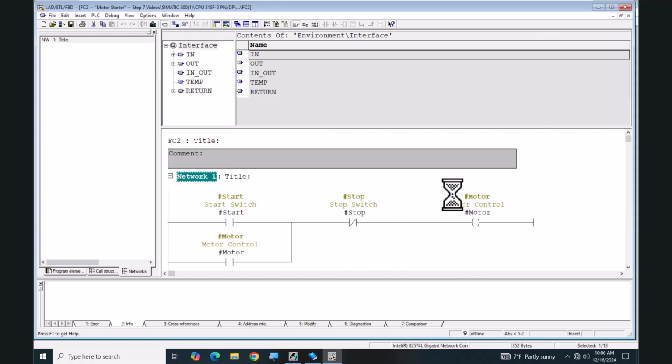Just like in FB, the FC has an interface area where you can define your in elements, your out elements, in-out, temporary, and a return value. FCs do not have the stat area for storing data from one call to the next. I will expand out the in area, and then you can see there's a start element and a stop element, and those are being used locally inside of this block. So those are block local parameters. The block local parameters are preceded with a pound sign. I will close the FC,